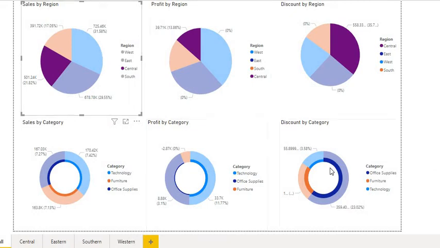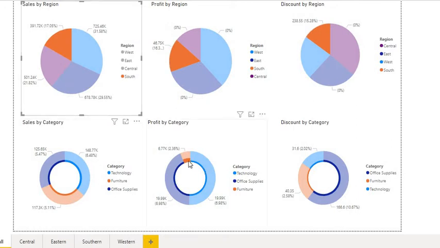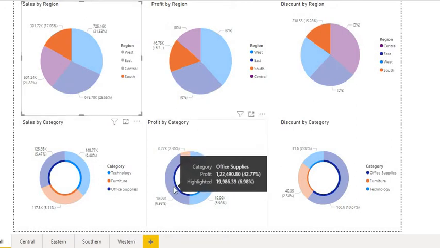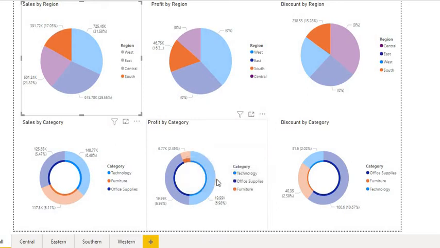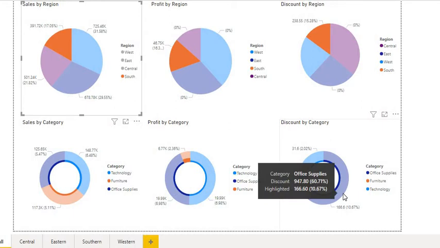And as for discount, less amount of discount is provided in technologies, and although their profit is good, we already saw in overall picture how technology items are performing. And in the final southern region, we will see that furniture items are doing good, office supply items and technology items are also good. Sales are same for all three categories, and discount is also provided with same shares. So at this point of time, our region of interest is central region and eastern region, and furniture items there are not doing well. So let us first have a look at the central region.